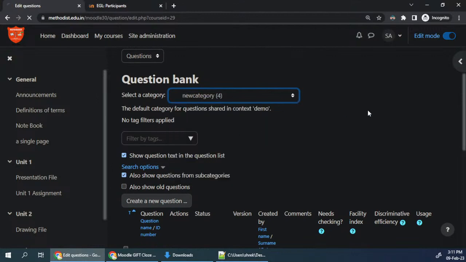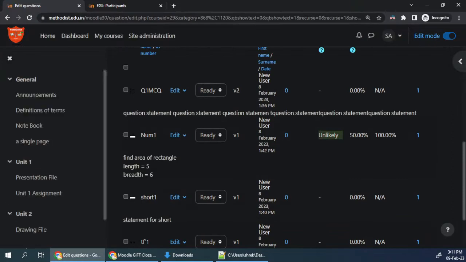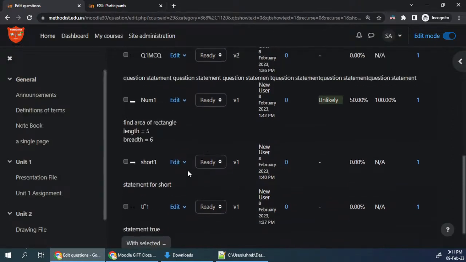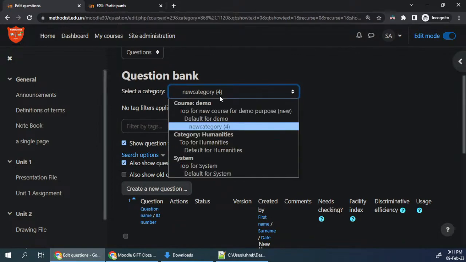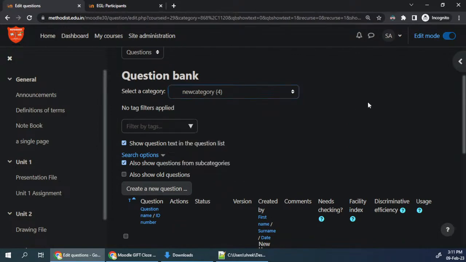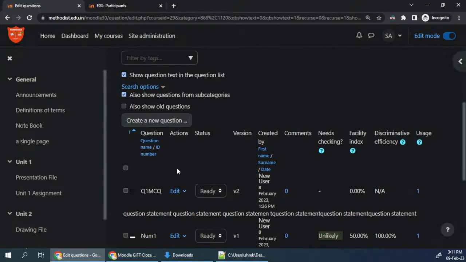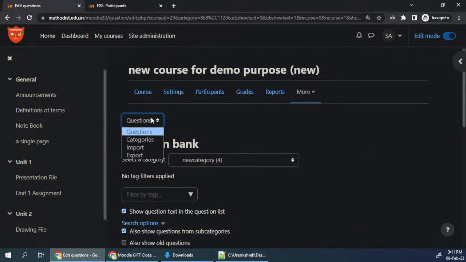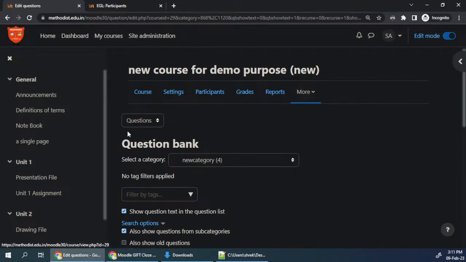Okay, and the process, if you remember, was very tedious, and there were lots of entries to be made, feedbacks to be given, and there are chances that we will end up making a mistake at some other place, and if you don't want these mistakes to happen, I think it's a better way to just upload these files. Now for uploading the questions, first we must go to the question bank. Inside the question bank we have an option of importing the questions. So let's go for import question,